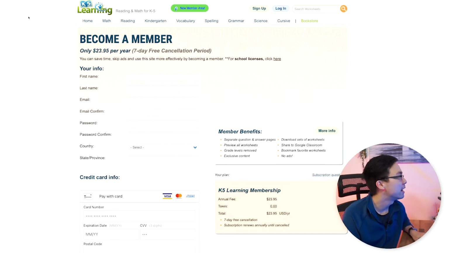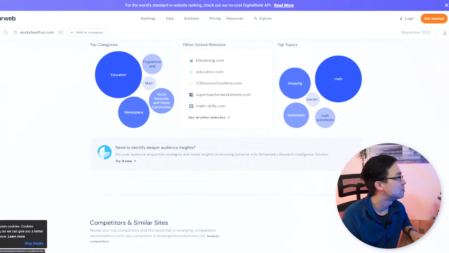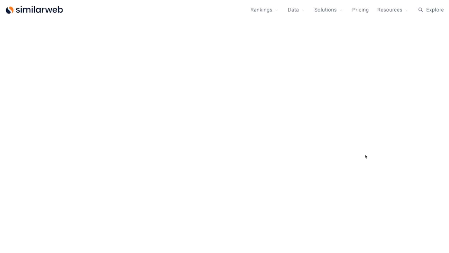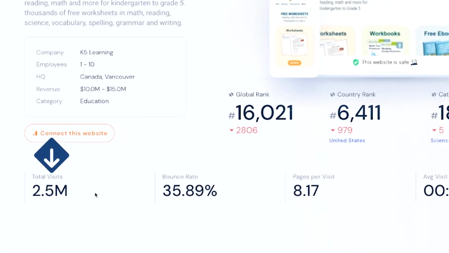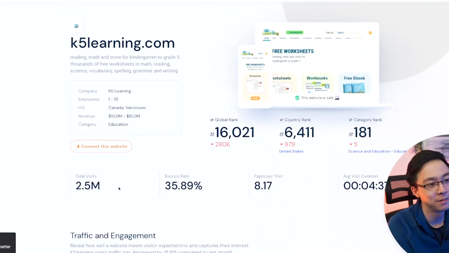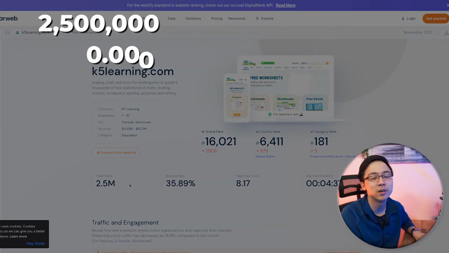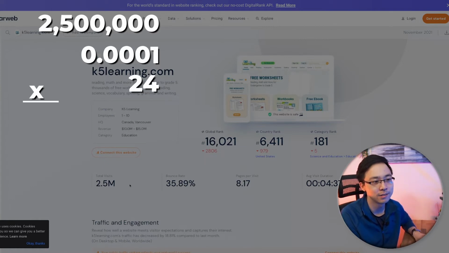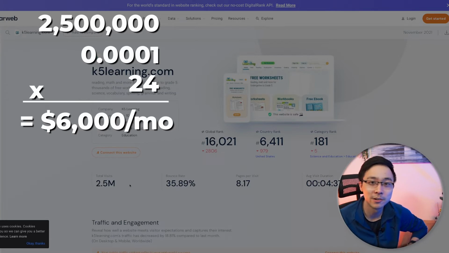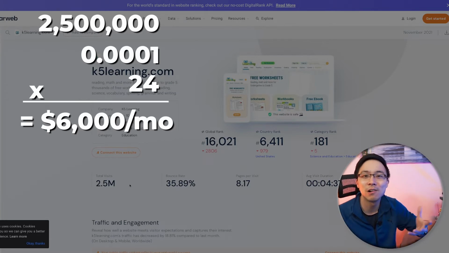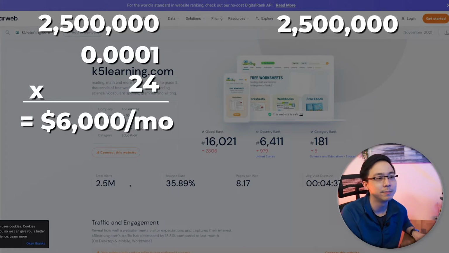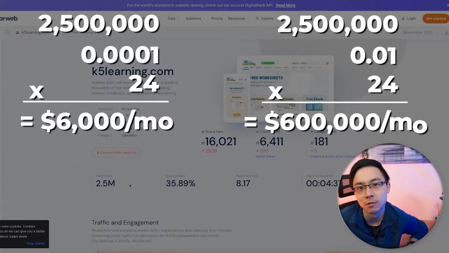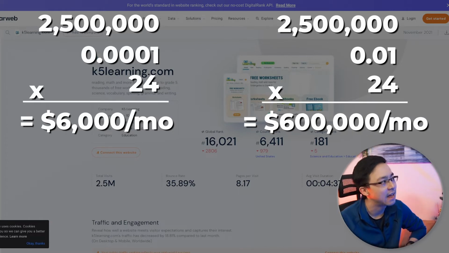And in this case, if I go ahead and select this domain, I can go back into SimilarWeb. And if I go ahead and search for this site, what I'll see is that this website's getting 2.5 million visits a month. So 2.5 million visits, let's say just like 0.0001% of people upgrade on this site for $24. That's $6 grand in revenue a month, which annualized over a year is already 72 grand in revenue. And that's taking the smallest of assumptions. So if you were just to take that up to maybe 1% of all traffic upgrades to premium, well, that means that they're generating 600K in revenue every single month just from removing ads from their website.